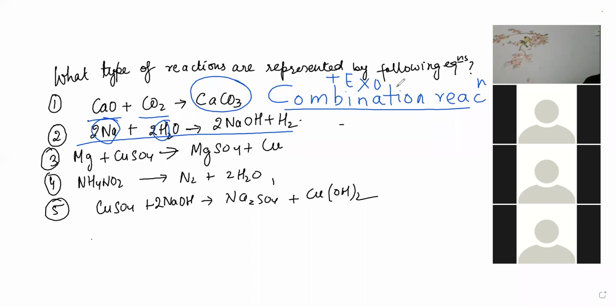Okay, Arif, second one you check, I think it is not correct. Where is Rahul? Where is Mohan? Why are they not answering? Kavya, awesome. You have written exothermic. That is the correct answer, beta. Sudarshan gave double displacement for the fifth. Let's see. Okay, Janani gave a bang on answer.